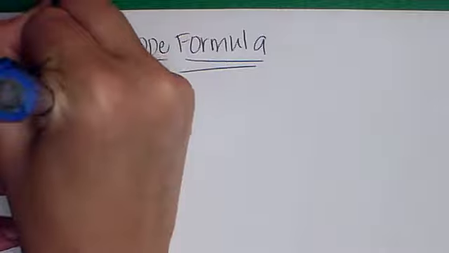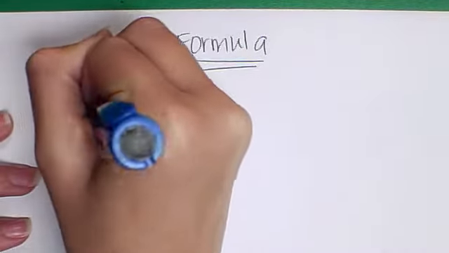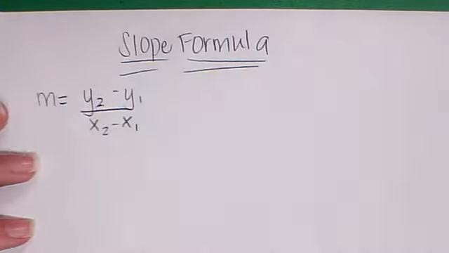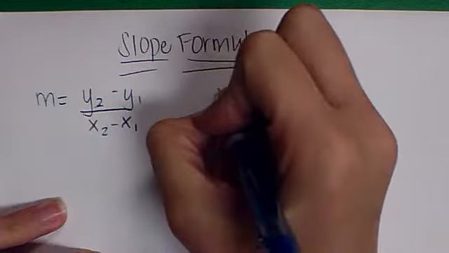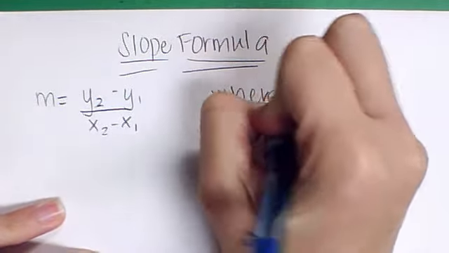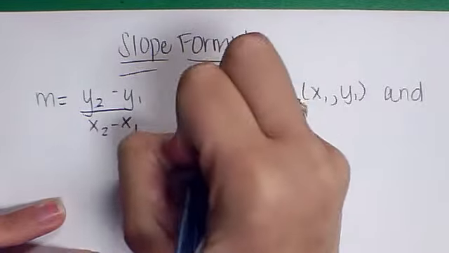Today in algebra we learned about the slope formula. On Friday we learned how to do this by counting. Today we're going to learn what to do if we're given the numbers and we want to avoid graphing. So we're going to use this formula, which is m, which stands for slope, equals y2 minus y1 over x2 minus x1. And that is where our points are x1, y1 and x2, y2